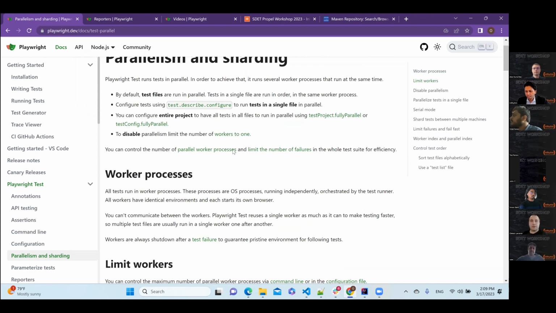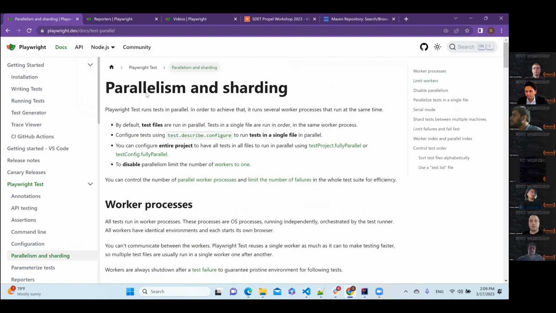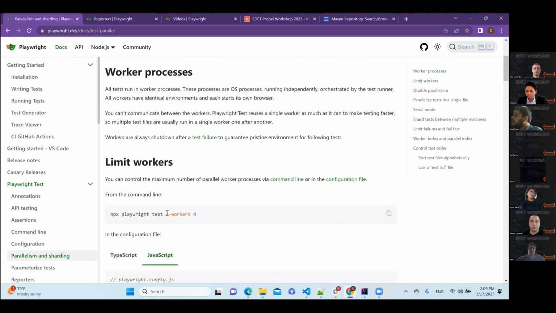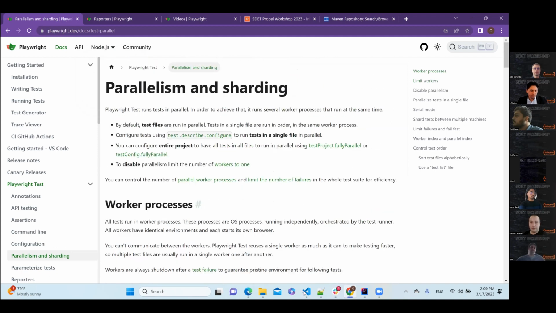Today we are talking about parallel testing. This is the most powerful feature in Playwright, and you can select any number of workers. It's called workers in Playwright. And you can use different commands in terminal. But if you open our project,